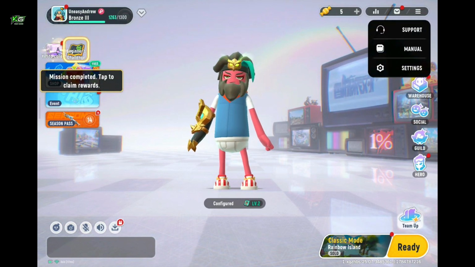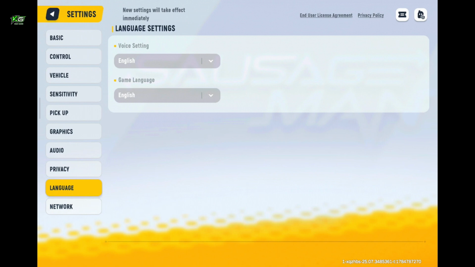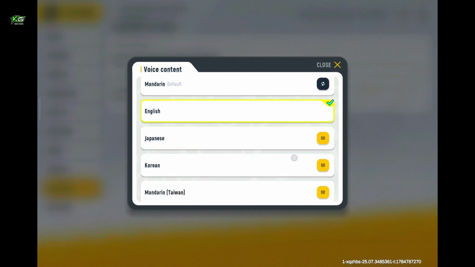In the expanded menu, click Settings. Inside Settings, go ahead and tap on Language from the left. Under Language Setting, tap the drop-down underneath Voice Setting. Now you'll be able to see this pop-up where you can go ahead and choose the language you want